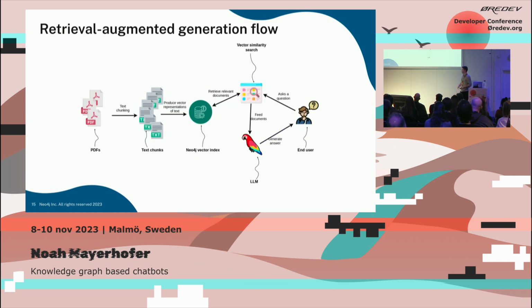And here's an example of an application built in this way. Here we have some pre-processing, where we basically take the PDFs, chunk them into text pieces, and save them in a database. And for example, you can use a Neo4j database. We have added vector indexes recently, so you can quickly look up this vector afterwards. And then we just have the same flow here to the right. A user asks a question to a smart search. It looks up the most relevant document using this vector similarity search and feeds them to the LLM. And the LLM can answer the question.